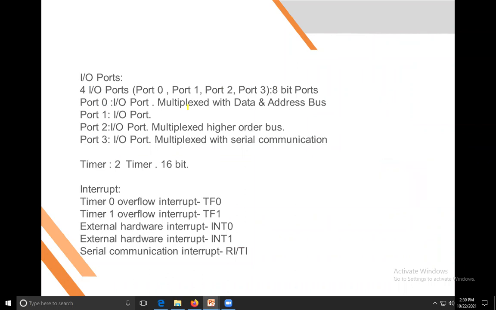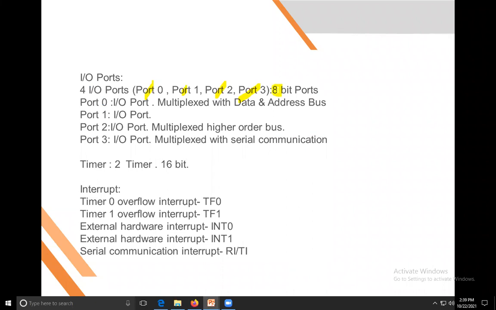So already we are discussing how many ports there are. It contains 4 ports: port 0, port 1, port 2, port 3. All ports are 8-bit. See why 8-bit ports? In advanced microcontrollers...